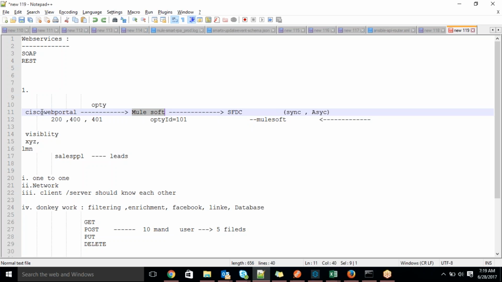Similarly here, Cisco Web Portal and Visibility and XYZ, LMN clients, they know only about MuleSoft. They don't know who is the destination system, from where they are getting the response. So MuleSoft is the middleware between the two systems. That's what I was trying to say at this point.